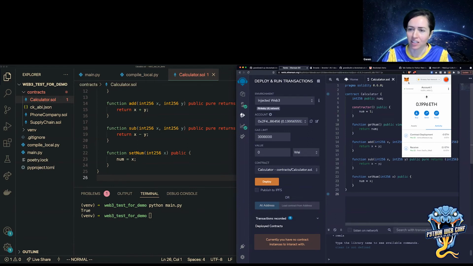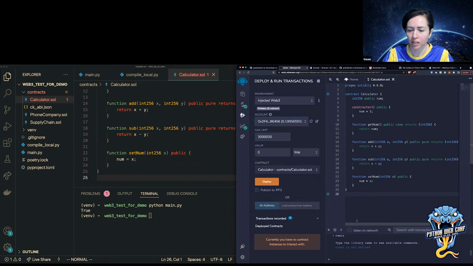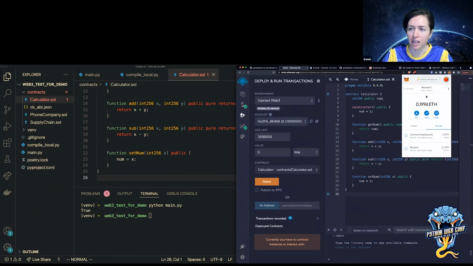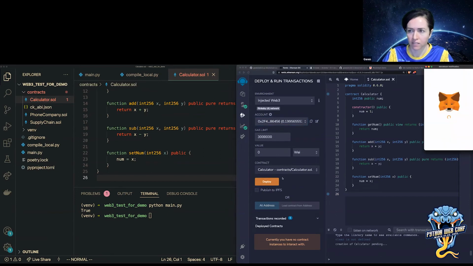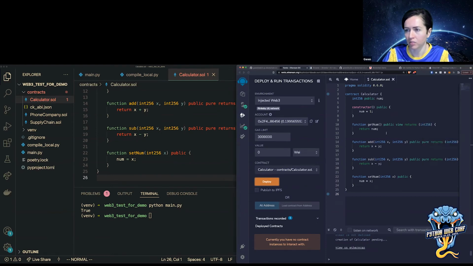MetaMask is injecting a Web3 provider where I can access it in this website, so that any website that connects to Web3, MetaMask will pop up and ask, hey, do you want to connect your wallet to this website? That's what I did already. And I can deploy this contract because I have some gas in my wallet. And MetaMask is going to ask, is that okay? I'm going to confirm.